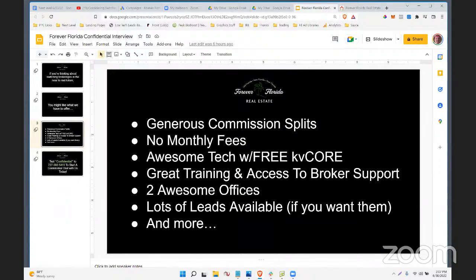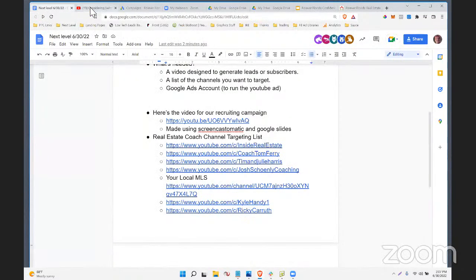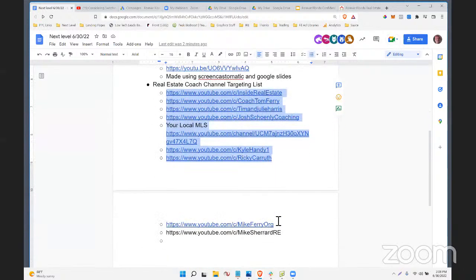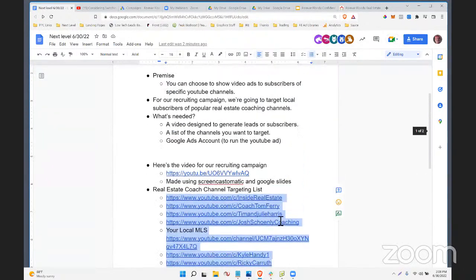Always think about who your target audience is, and maybe if you're doing a 55 plus campaign and you want to work with retirees, the black background's probably not so smart. So definitely something to think about. Cool. So we've got our targeting list ready. And now what we need to do is hop into Google.